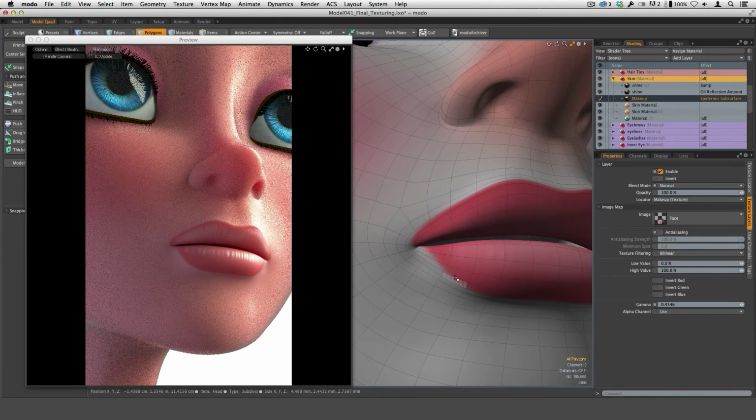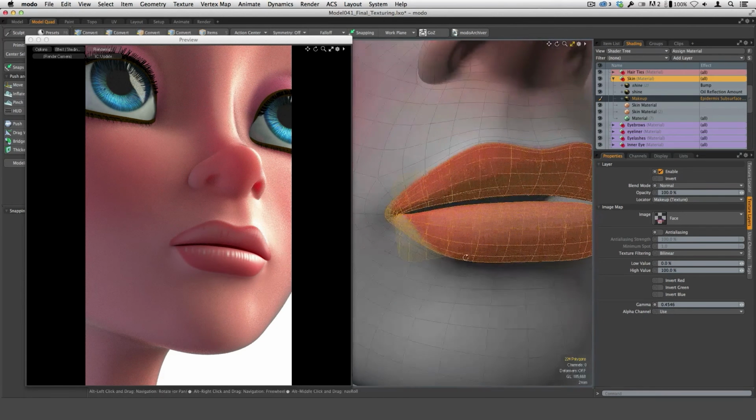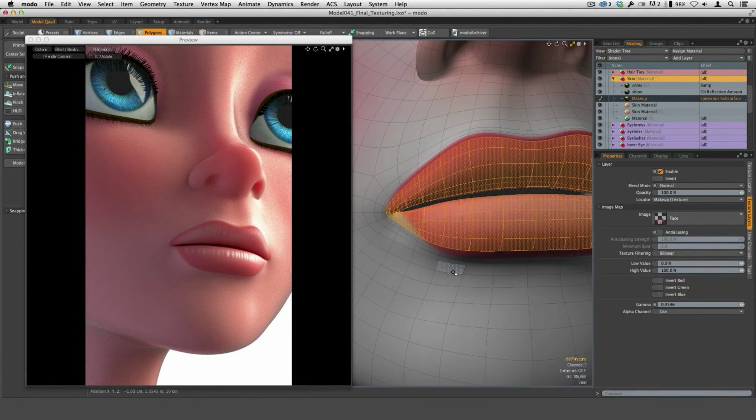All right, so you can see that softness coming through on the map that I painted. You can do that if I wanted a hard edge around there. So we've got good geometry around there. We'll just select that loop by hitting L, and then Shift Up Arrow. We can grow that selection. So you can see that if I wanted to paint her lips